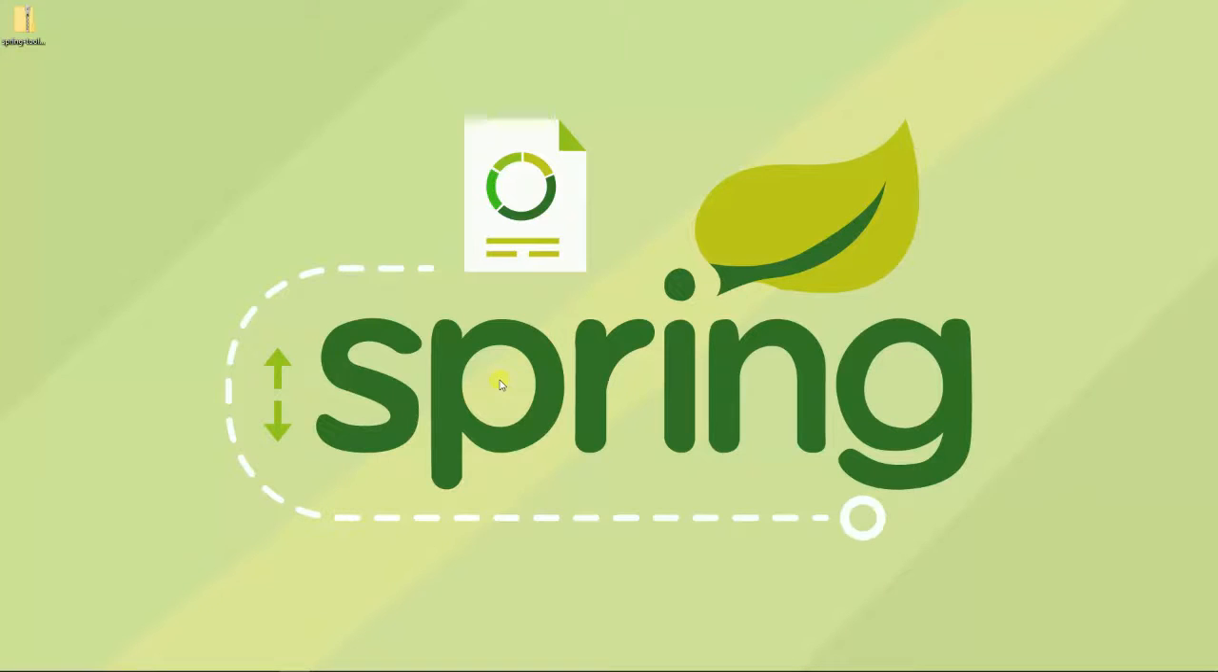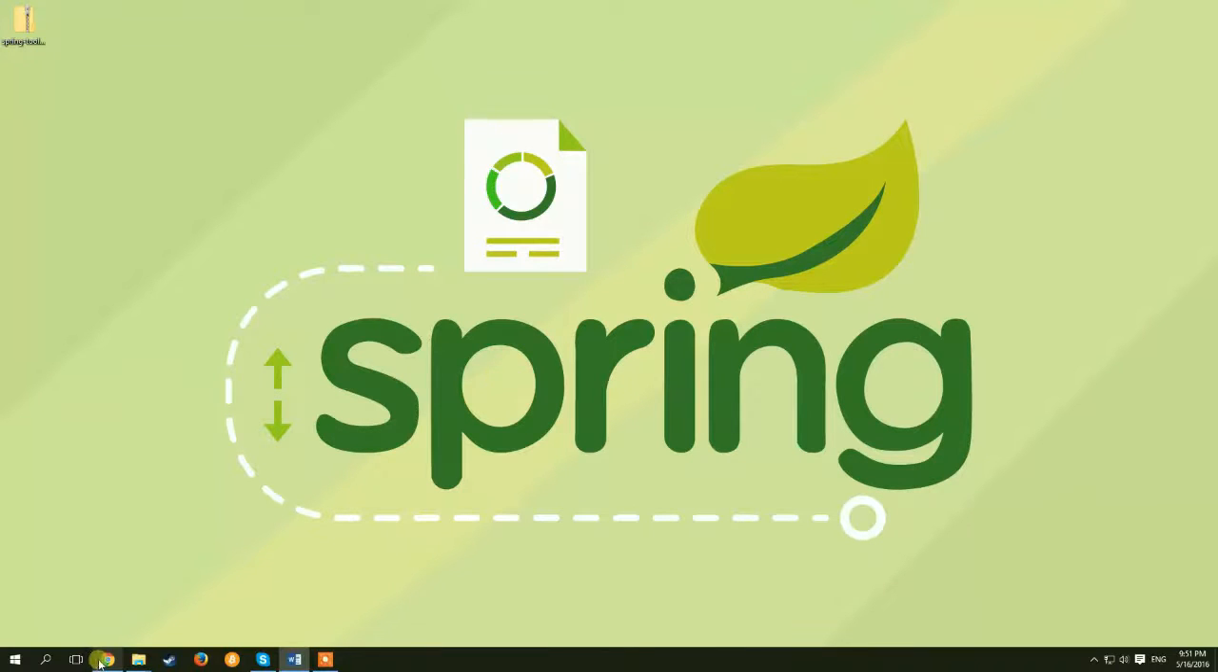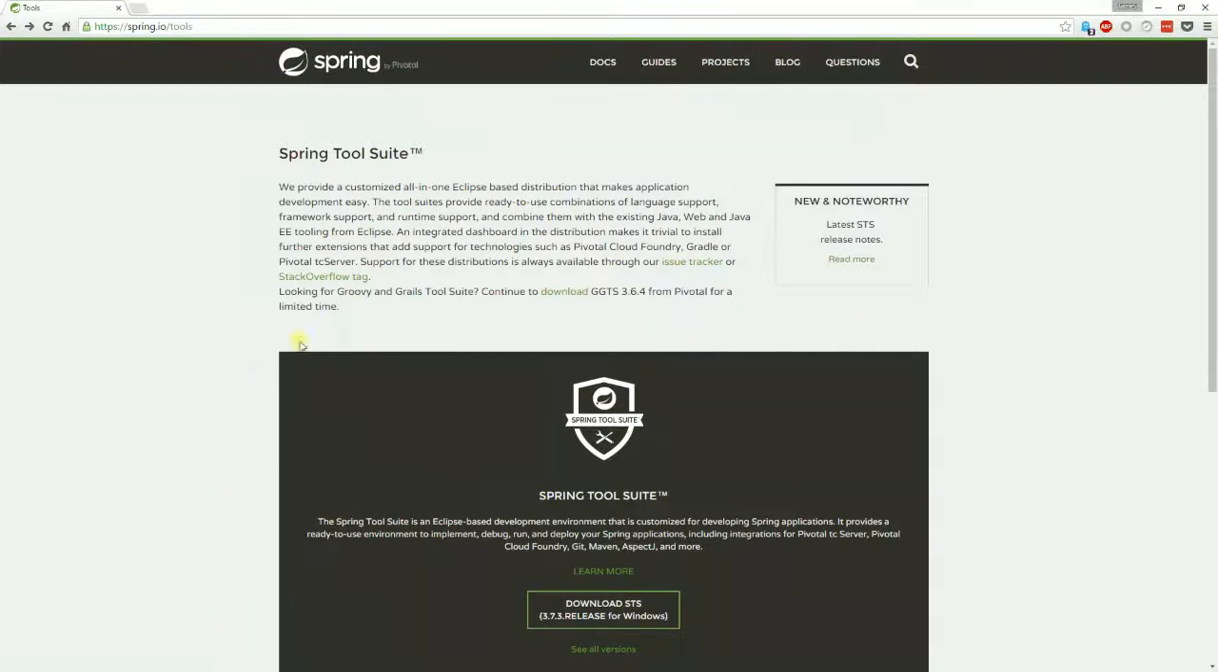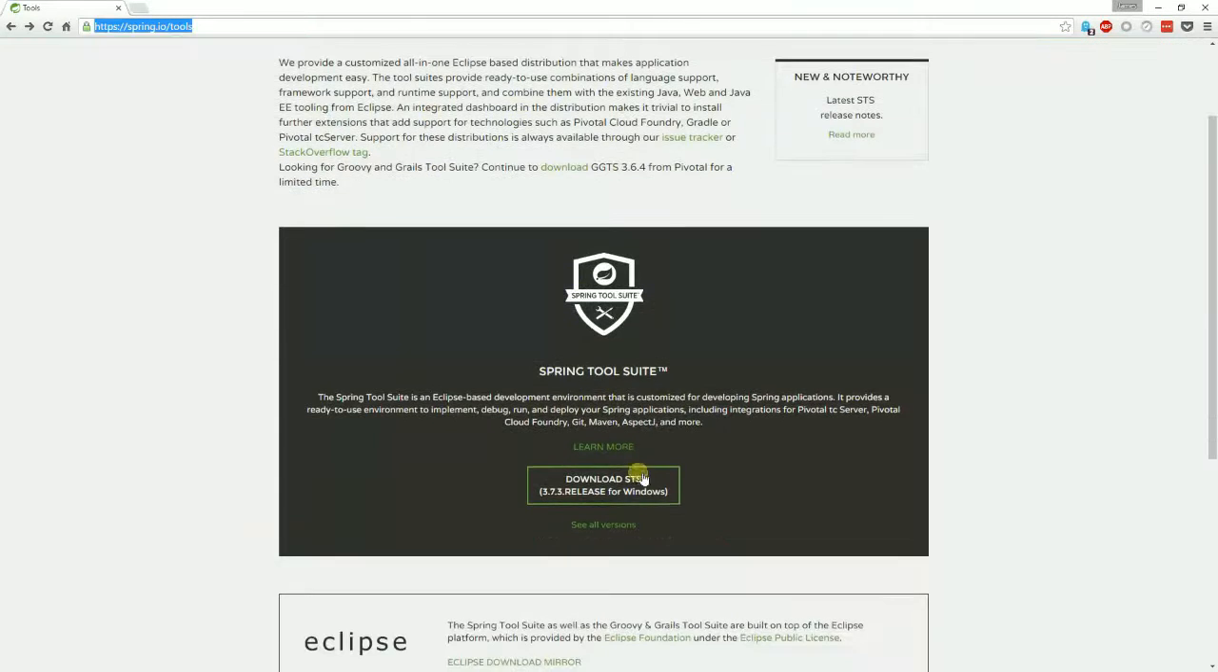The first thing you're going to want to do is download the Spring Tools Suite development environment. Spring Tools is essentially an IDE built on Eclipse that's been retrofitted with a bunch of tools that make Spring development a lot easier. To download Spring Tools, simply head over to spring.io-tools, scroll down to the Download STS button